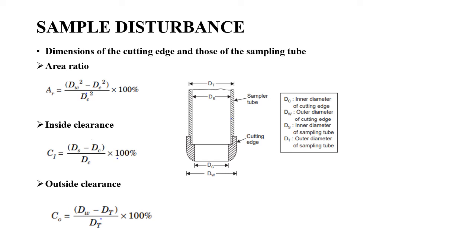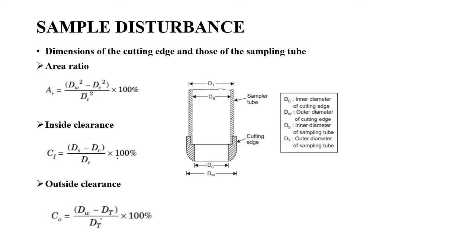So by inside clearance, what we mean is that when the cutting edge drives through the ground, the soil sample will be entering this sampler tube. When the soil sample enters the sampler tube, it should experience very low frictional drag from the walls of the tube, and the inside clearance should be such that